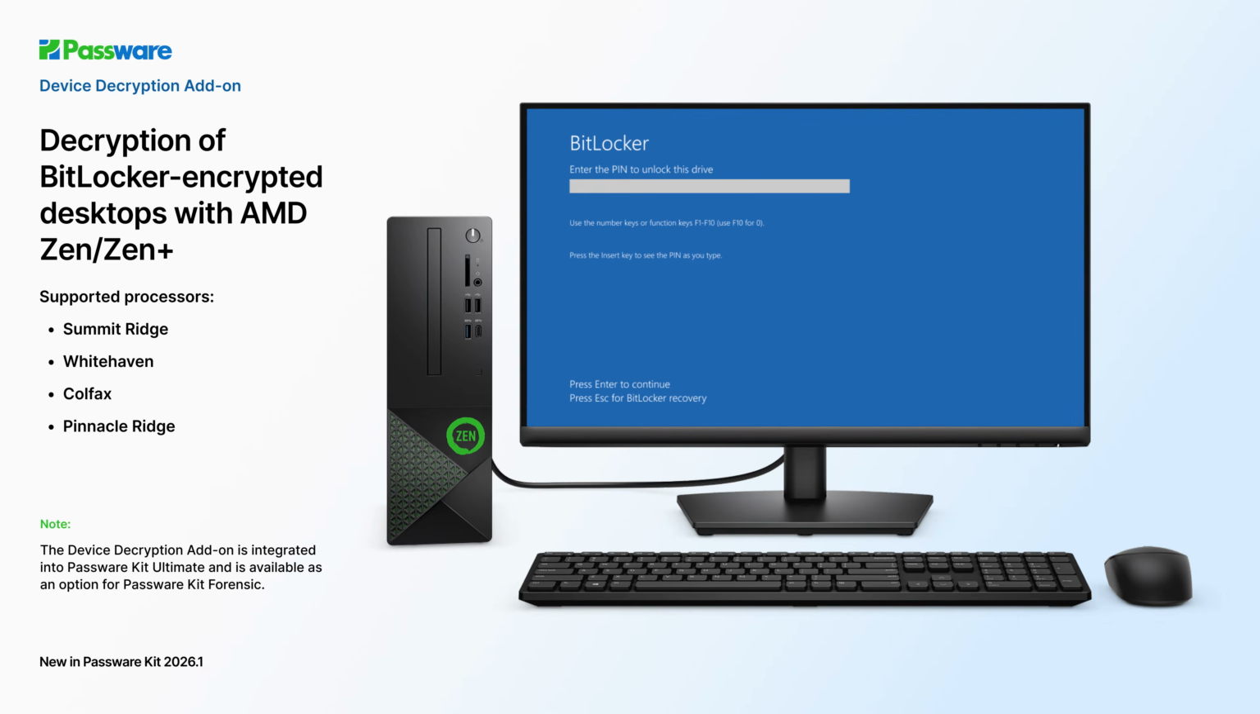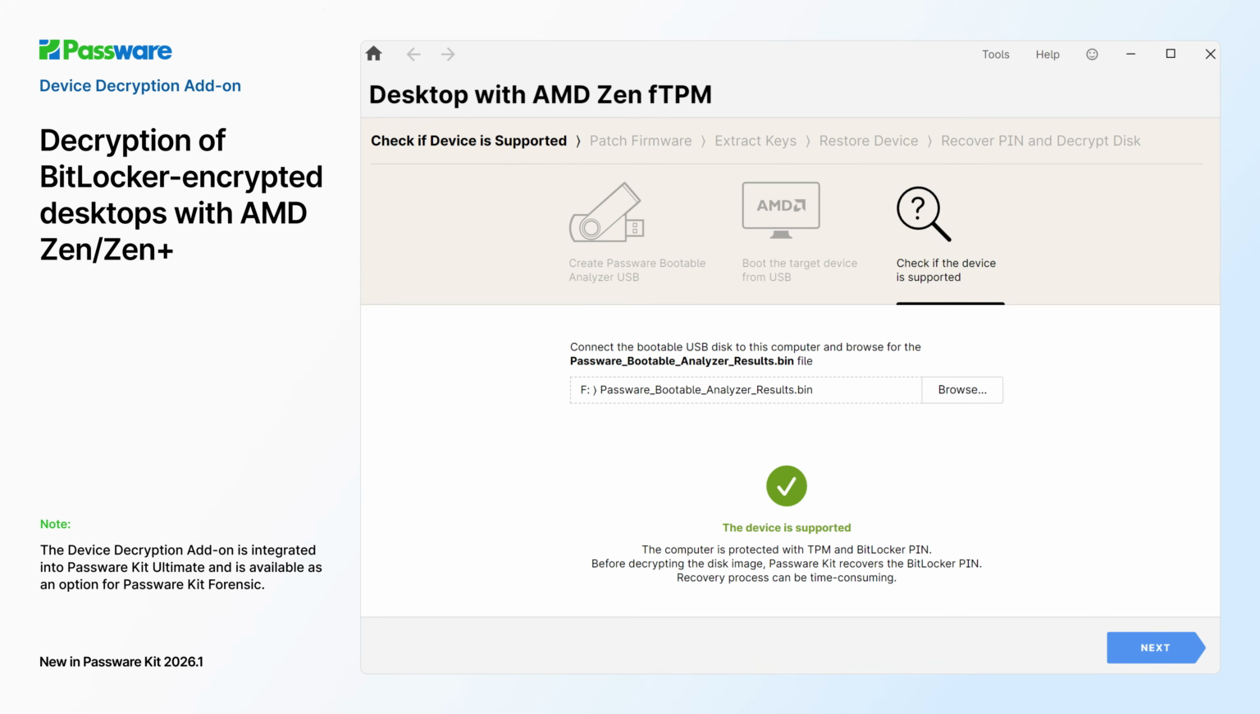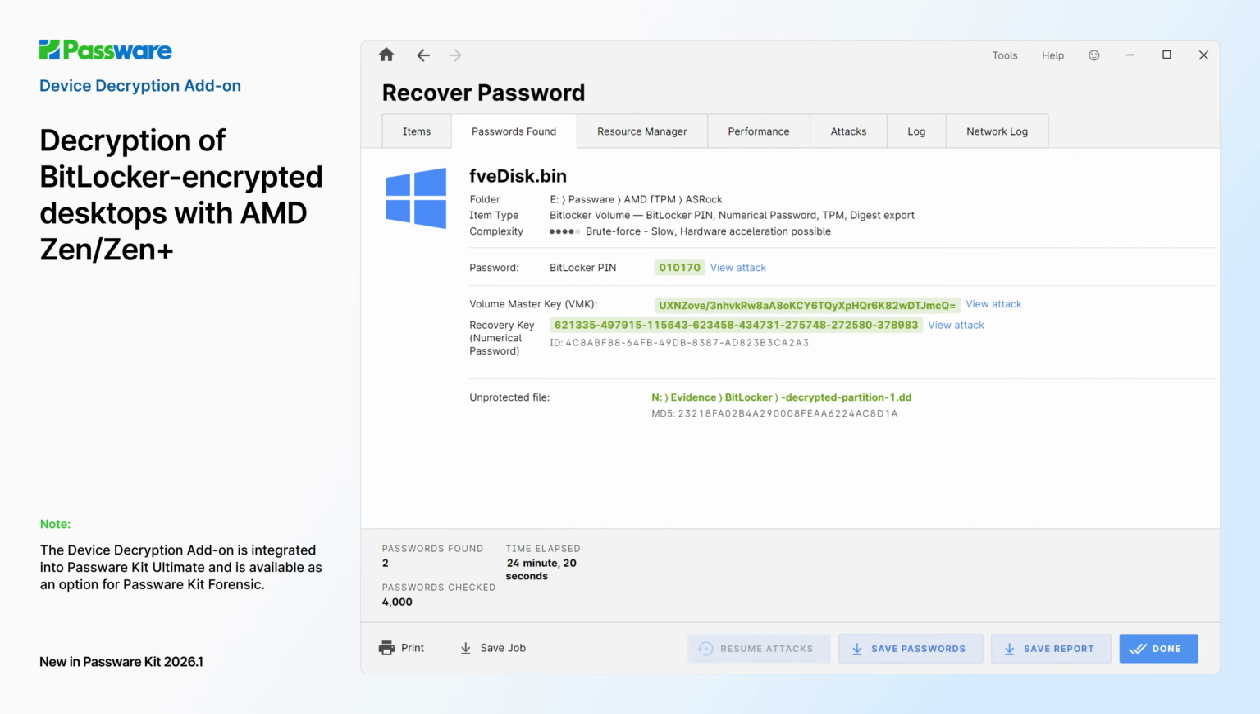Passware team is proud to introduce a decryption solution for AMD Zen-based desktop computers protected with BitLocker TPM, even when a PIN is set. For a target computer with a TPM and a BitLocker PIN, Passware Kit first creates a digest file to recover the PIN. As soon as the BitLocker PIN is recovered, Passware Kit extracts the volume master and recovery keys and decrypts the